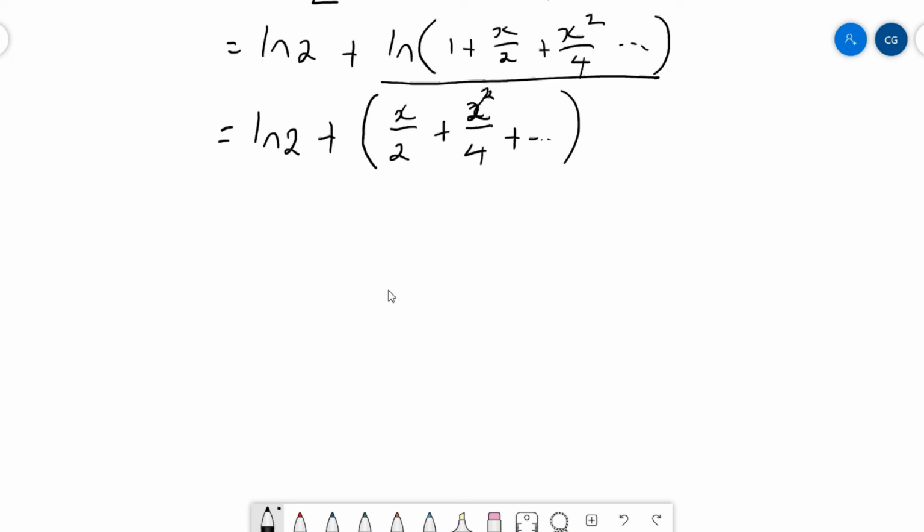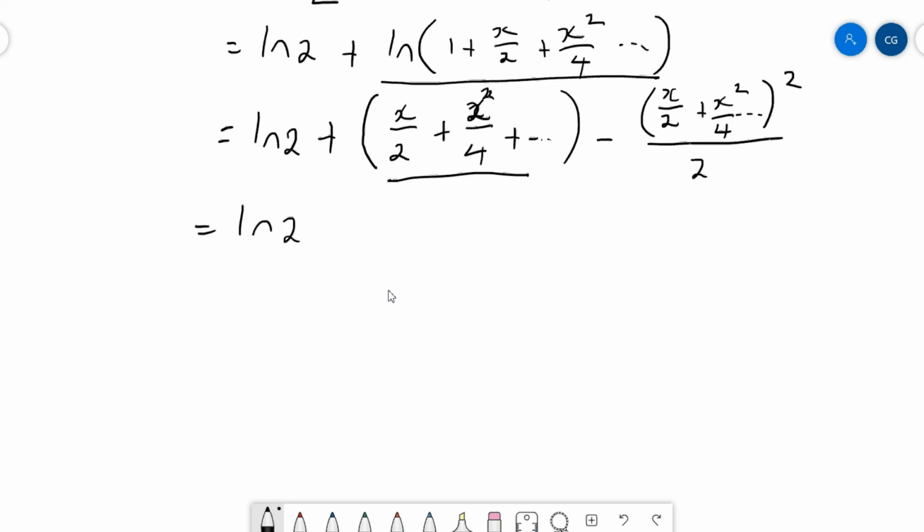Now the second term for ln, remember, natural log of 1 plus x was first x, so this is just the x value, and then it was minus x squared over 2. Now we don't have an x. What we have is this in the place value of x. So this will become x over 2 plus x squared over 4, etc. And now let's go and expand this further. So natural log of 2 plus x over 2 plus x squared over 4 plus, of course, this will continue here,